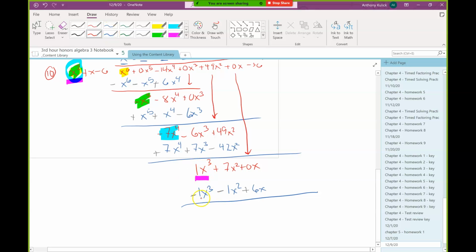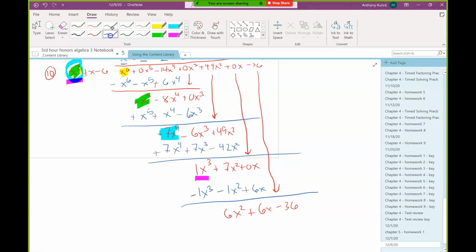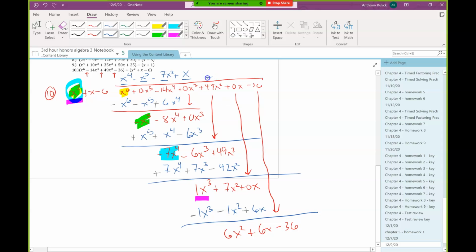So 1x cubed minus 1x cubed is 0. 7x squared minus 1x squared is 6x squared. And 0 plus 6x is 6x. And we'll bring our last term down. And so we'll ask ourselves now, what gives me 6x squared? And hopefully it's easy to see that's just going to be 6. When I distribute that through,